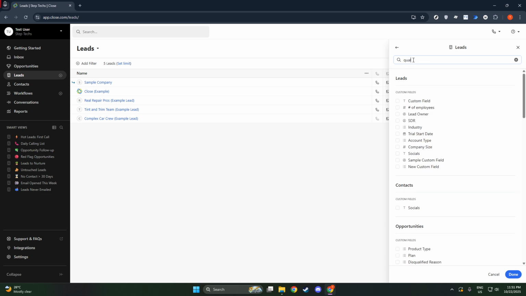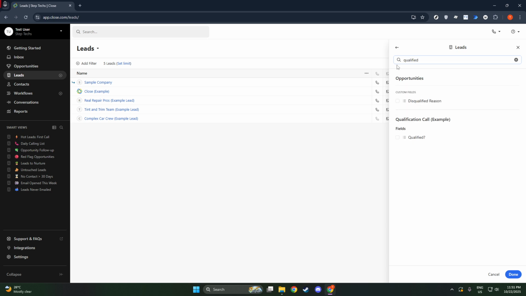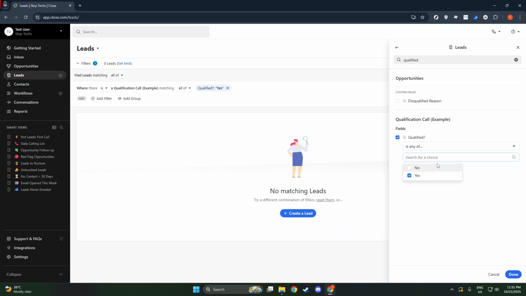But Close CRM also lets you go much deeper than just lead status. You can utilize custom fields to further refine your segment. For instance, if your interest lies in a specific industry, input something like custom.Industry: Tech. This feature allows you to target a precise audience, which is especially useful for campaigns or targeting specific